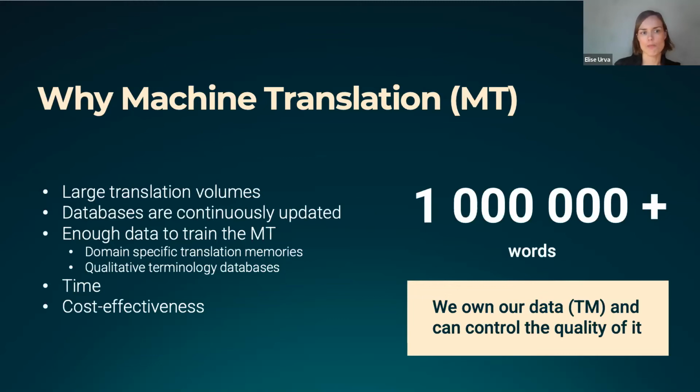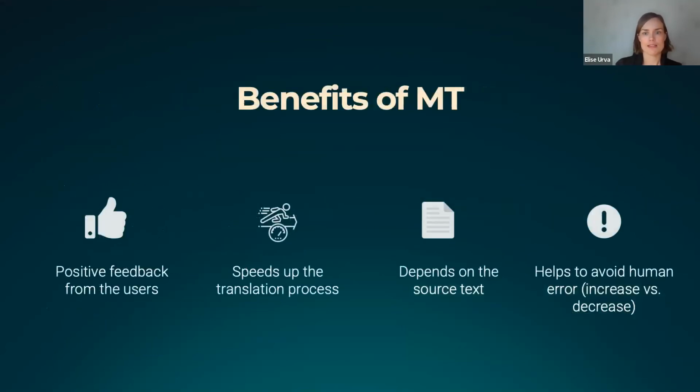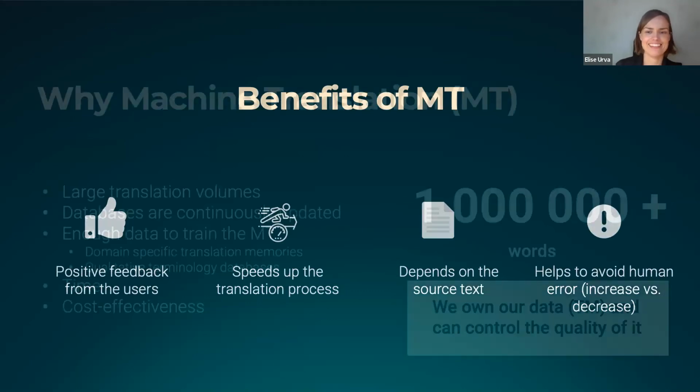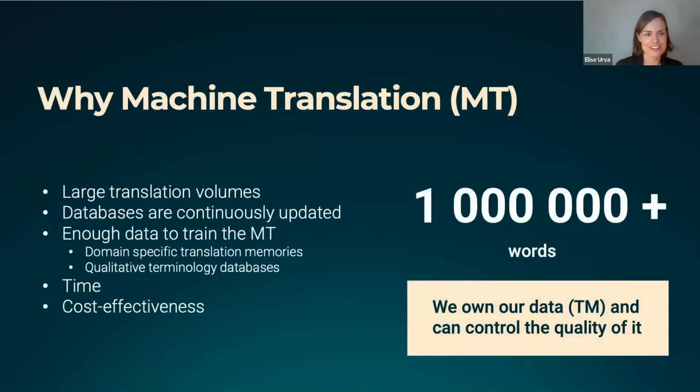We had domain-specific translation memories. We had terminology databases, which Victoria also mentioned: drug databases, diagnoses, symptoms. And we wanted to speed up the translation process. So it took 10 months to translate the clinical guideline database. And we estimated that custom-made machine translation is cost-effective, and it was.